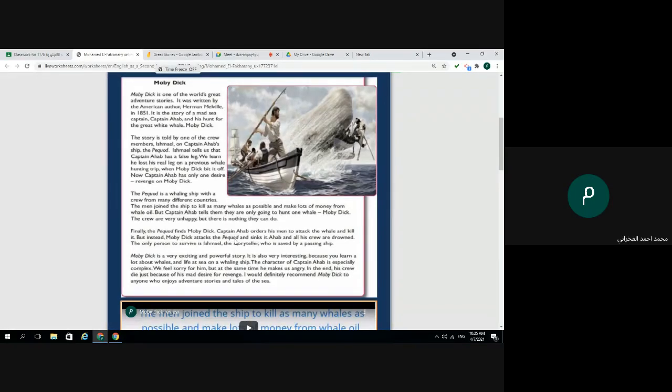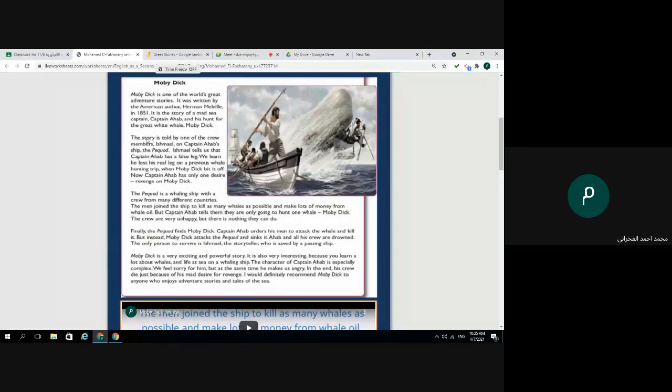Okay, I'm not asking about the writer. The writer is someone who wrote the story, and this is Herman Melville. Inside the novel, someone is telling the details or the events of the story. The story is told by Ishmael. Yes, you can go to the next paragraph.